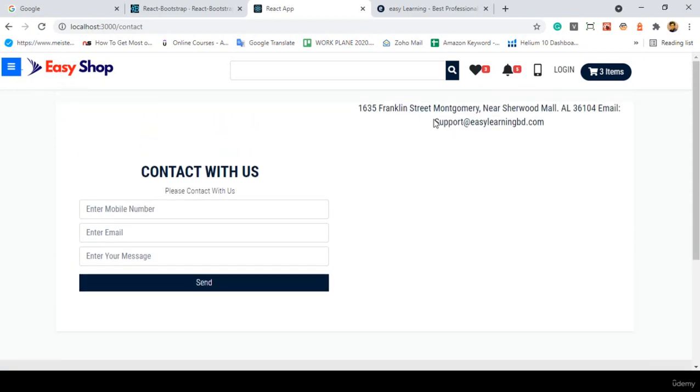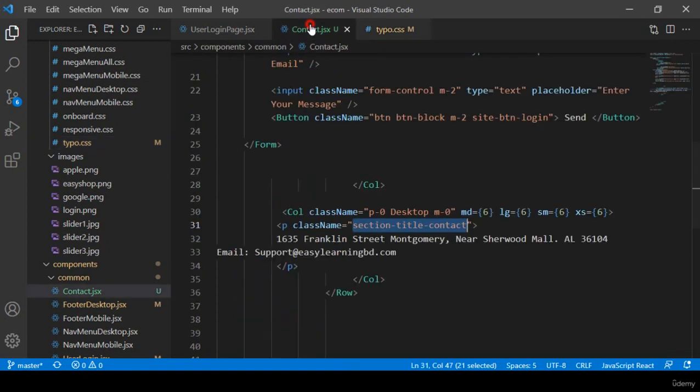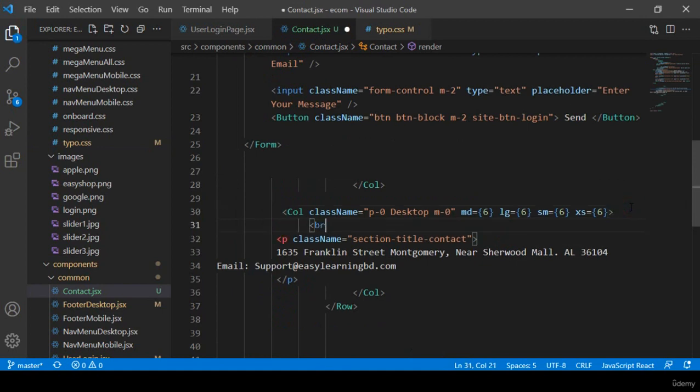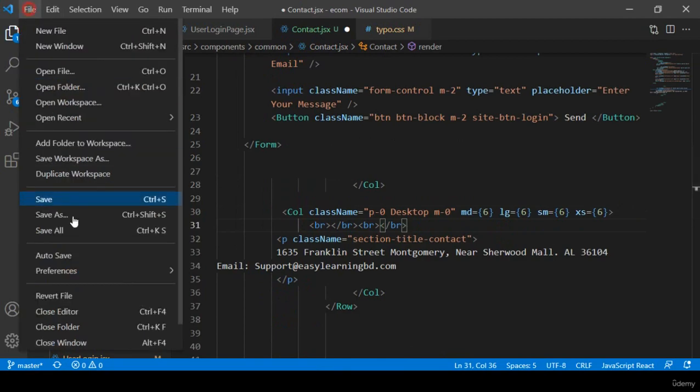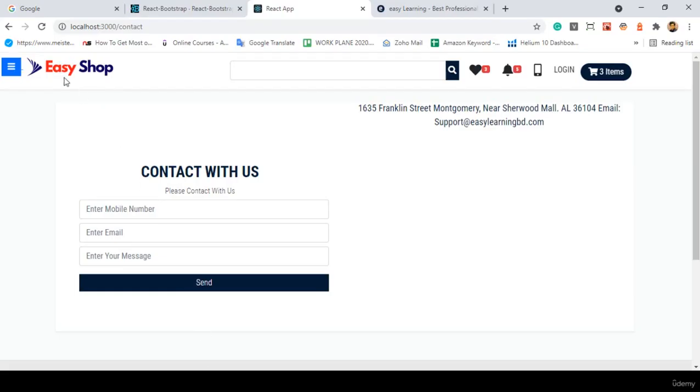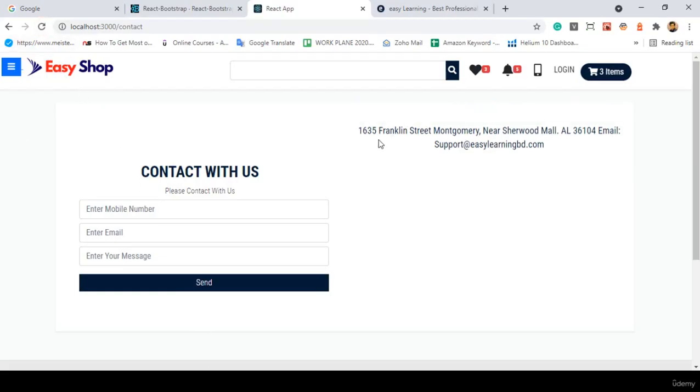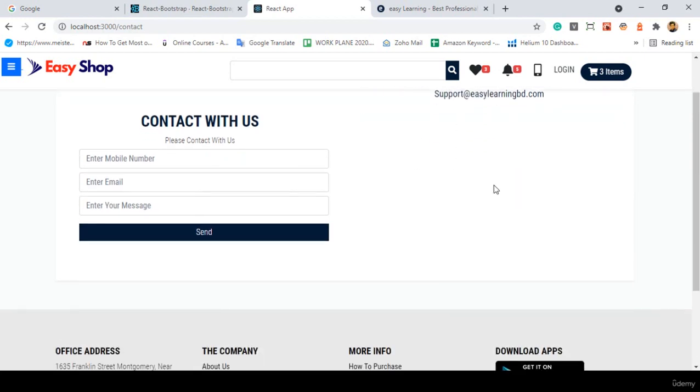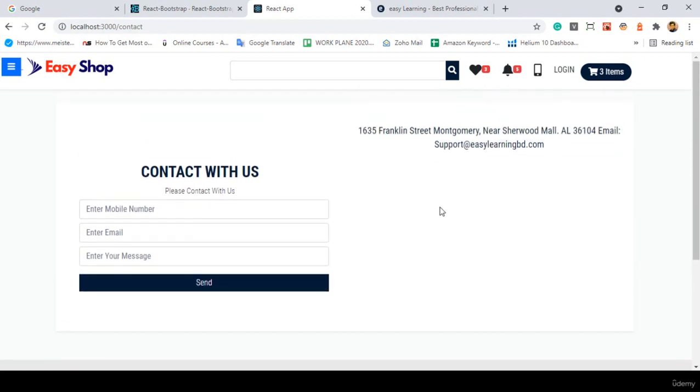It's much better, right? And also here I want to put some gap. Better I want to use some break brackets. After this, here I want to use some brackets. That is our p tag. I want to use two brackets. Click Save All. Now refresh it. Perfect. So here you can display some images as per your demand,